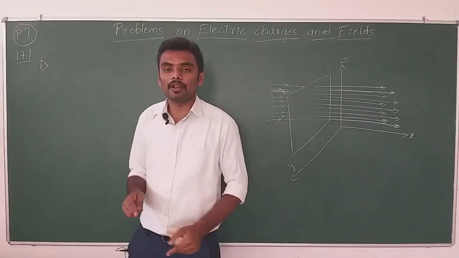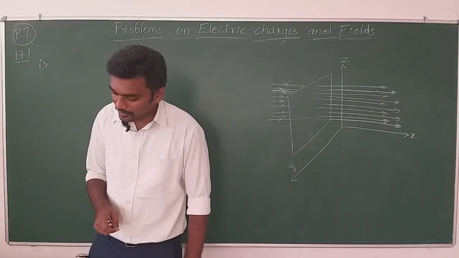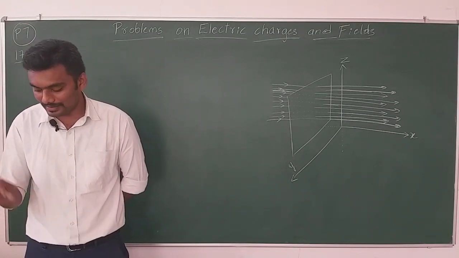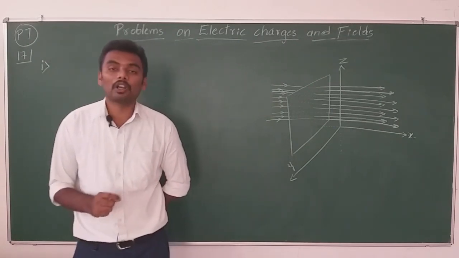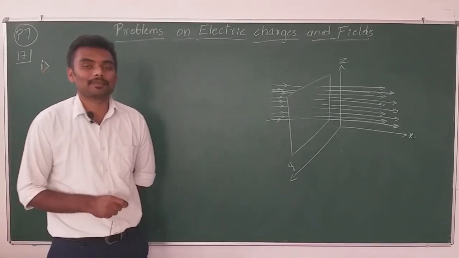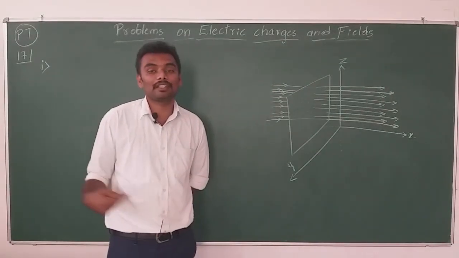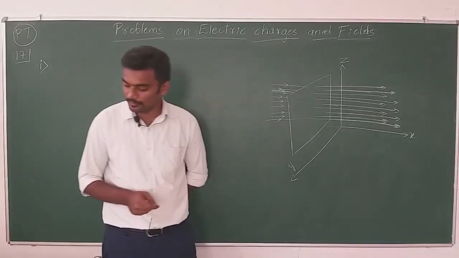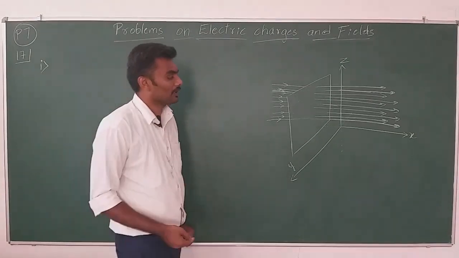And now that means that the direction of the electric field is along x axis. So you take down or you extend the question as, consider from the beginning itself, question number 17, consider a uniform electric field E is equal to 3 into 10 to the power of 3 Newton per Coulomb along x axis, or you can also write in the direction of x axis. That's also fine. So after that you can come to the problem.